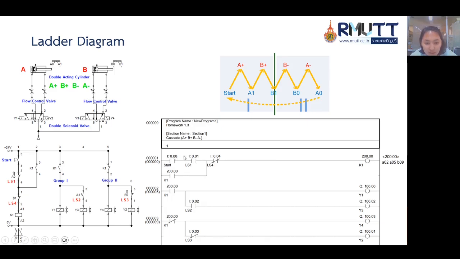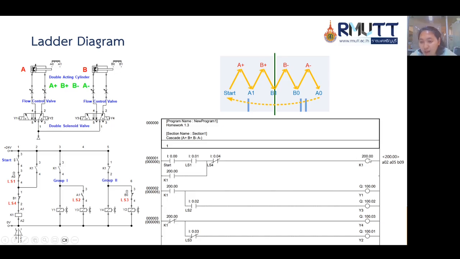And this is the address for the input. Start is 0.00, limit switch 1 is 0.01, and this is latching from the relay. This is the contact. This is the output relay.